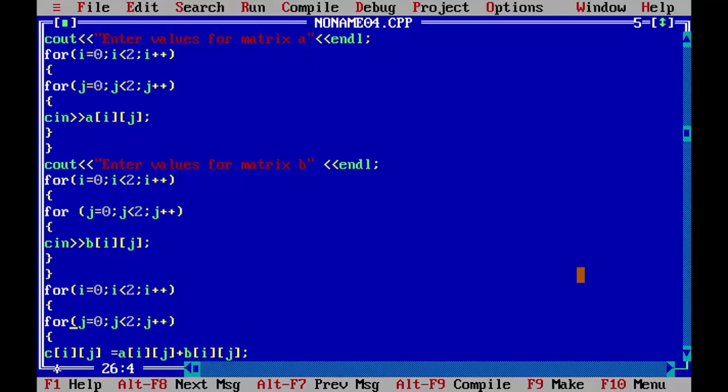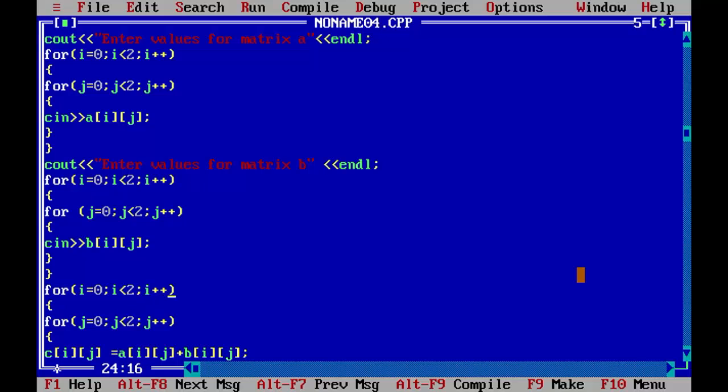Then the inner loop will be incremented first. That means j will be incremented to 1 and it will check the condition 1 is less than 2. That means this condition is true. Then A of 0 1 will be added to B of 0 1 and that value will be stored at C of 0 1. As soon as j is incremented to 2, this condition is violated because j is no longer less than 2,